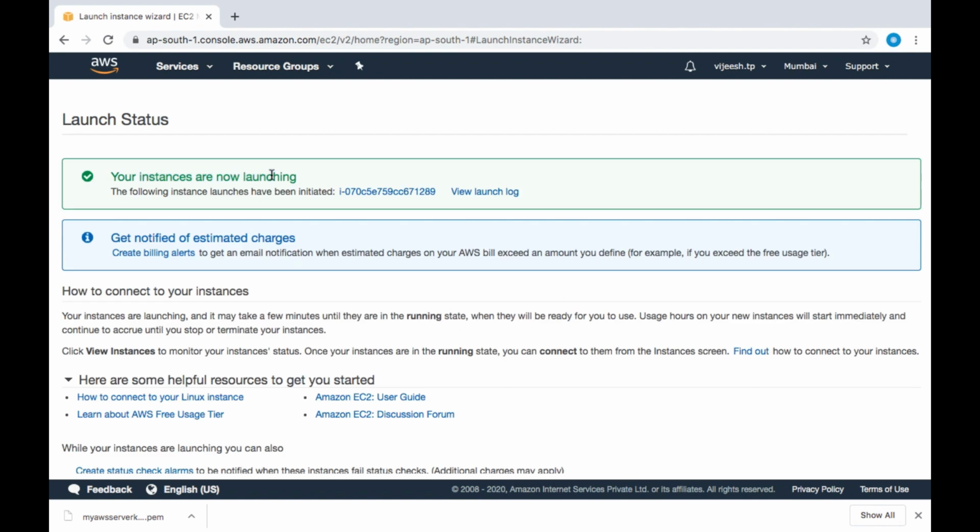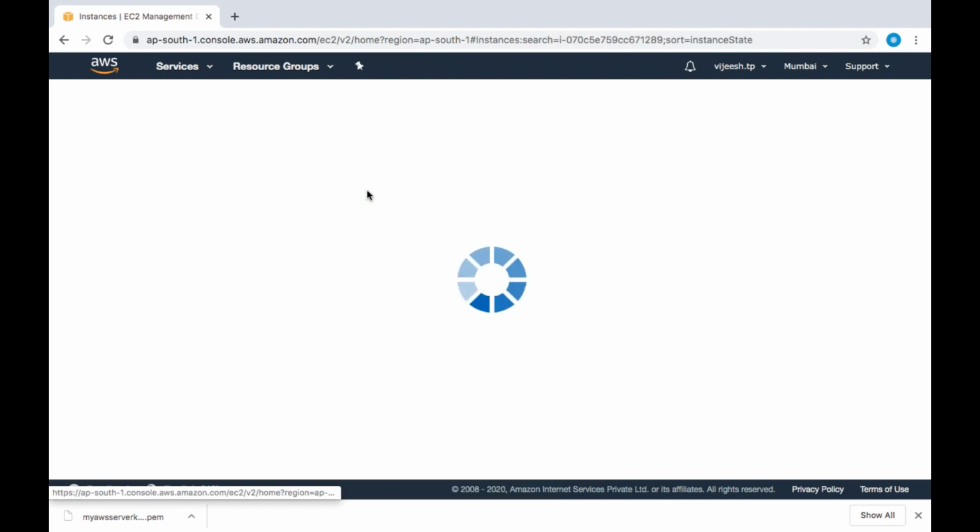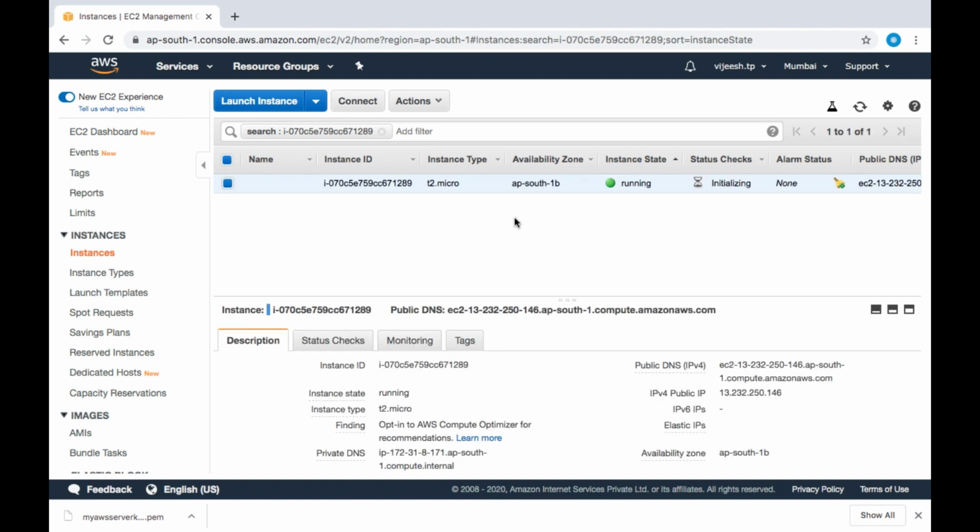Now we can see the message, your instances are now launching. This is the instance ID. Click on that. So the instance is running right now. Now we have an Ubuntu Linux virtual machine running in the AWS data center in Mumbai.